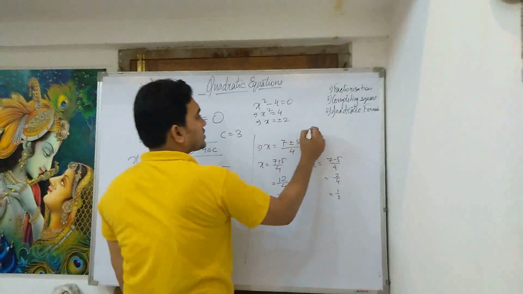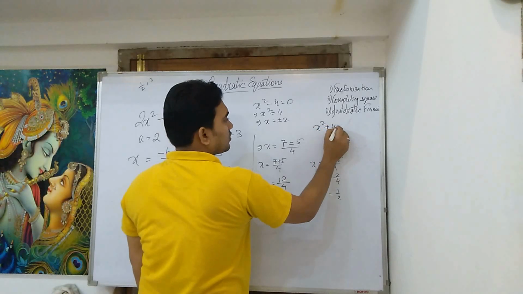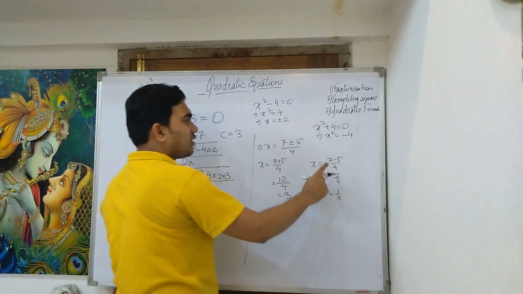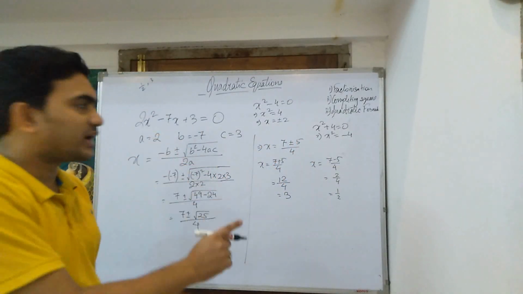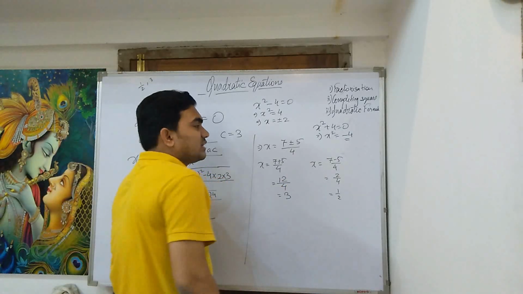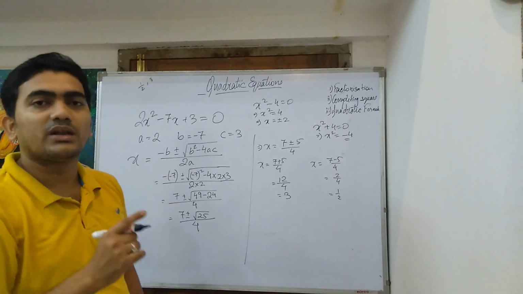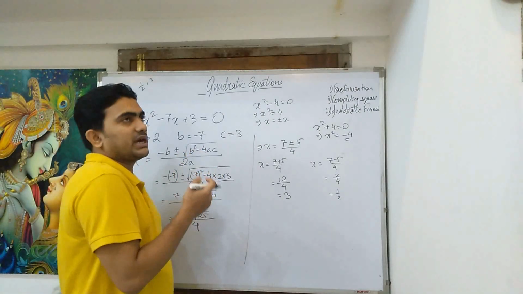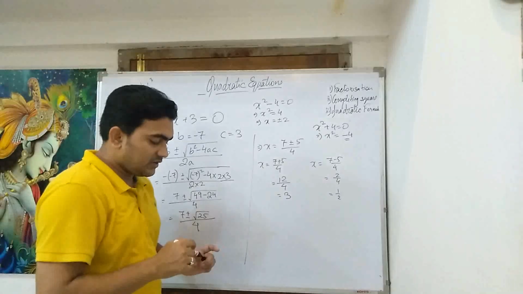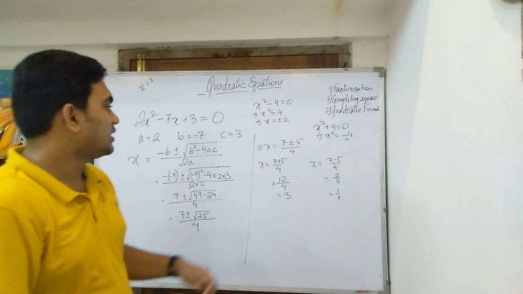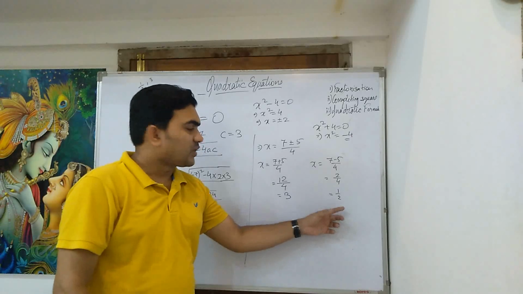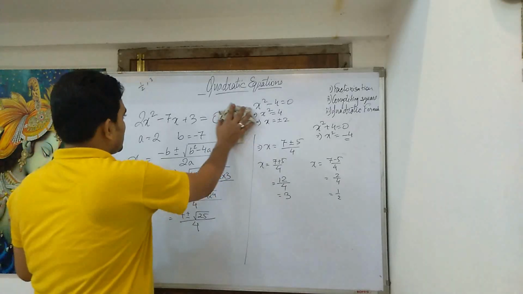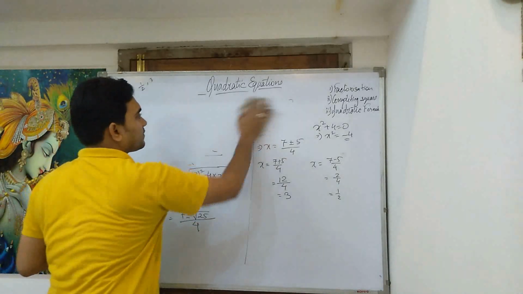Now if the equation was x square plus 4 equals 0, then this turns out to be x square equals minus 4. Now we cannot have the square root of a negative term. In that case we won't have any real roots. So how to check whether an equation has real roots or not, and if they are real, how to know whether the roots are unequal or, as in the previous case, equal? So there are certain conditions.